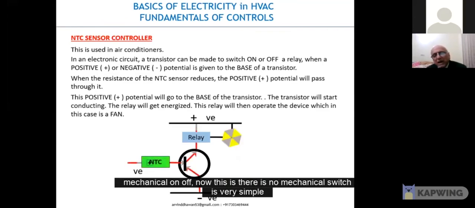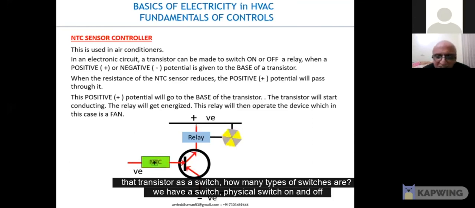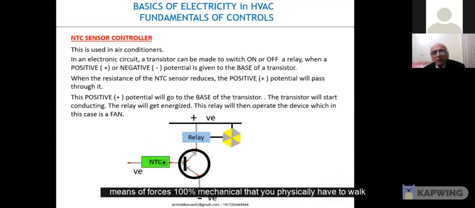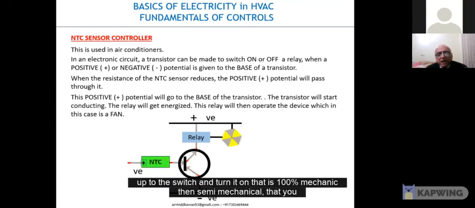Now that was mechanical on-off. Now there is no mechanical switch. It's very simple. Now, the transistor is a switch. How many types of switches are there? One, we have a switch where you have to physically switch on and switch off. The second switch is where the current operates a contactor that switches on and switches off. Means first is 100% mechanical, that you physically have to walk up to the switch and turn it on. That is 100% mechanical. Then semi-mechanical, where you operate